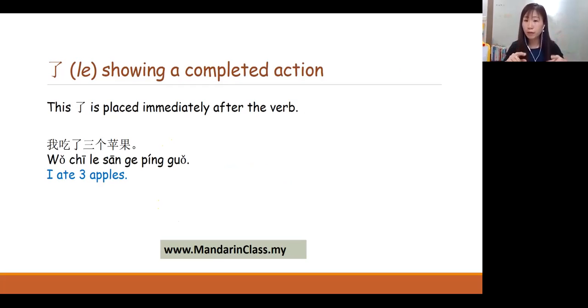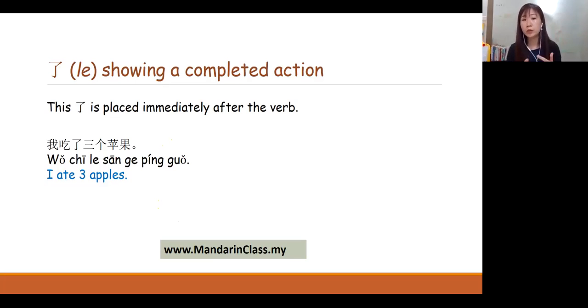If you put the verb in past tense, for example, gave, G-A-V-E, gave 是给了。Okay, ate, 吃了。Okay, gone. The thing is gone. You can say, oh, he is gone. 他走了。走了，走 is go. Okay, 了。